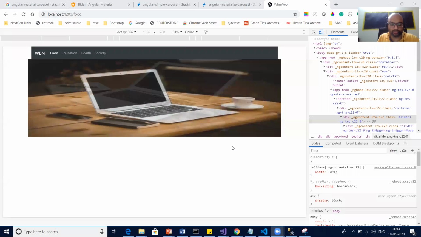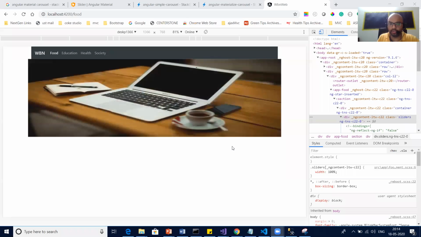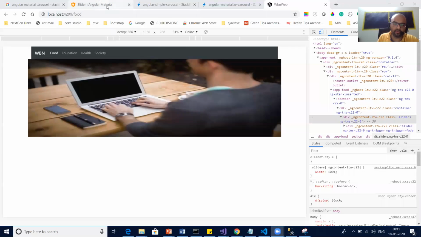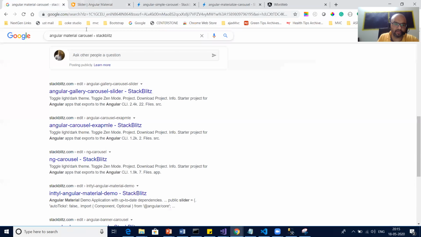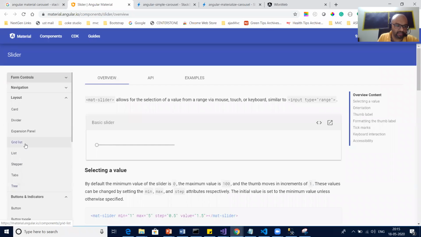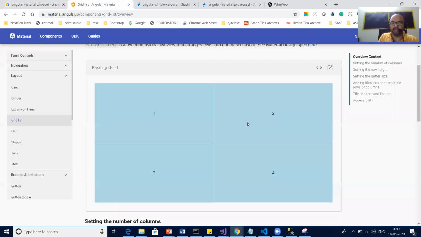Okay, so now let's quickly jump on that grid, correct, which we were talking about. For that, we have a grid system, we call it mat-grid. Let me just open it for you. Yeah, this one. So same site, you go to material.angular.io, open the components tab, you can see grid over there. So you can see the grid like this, right? What is the best part about this grid?